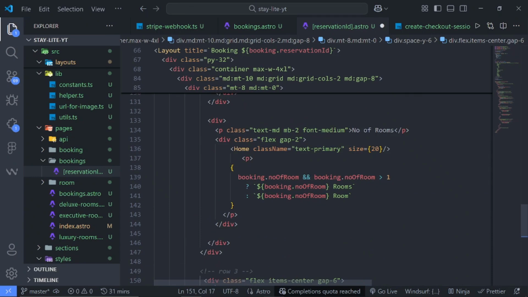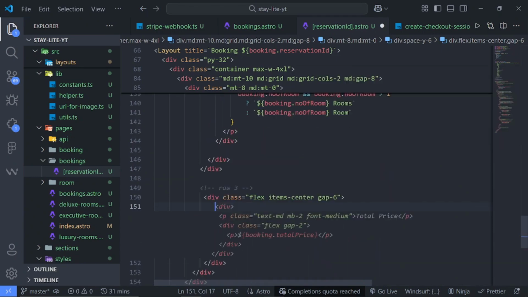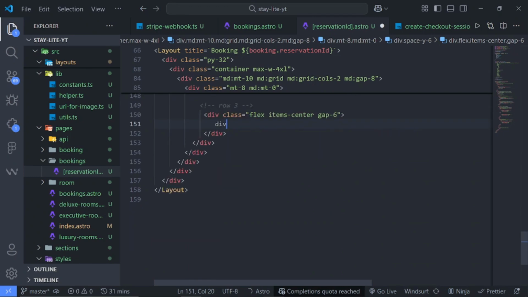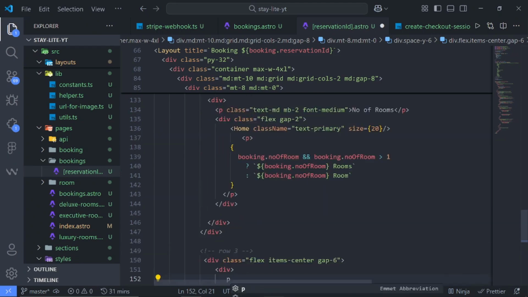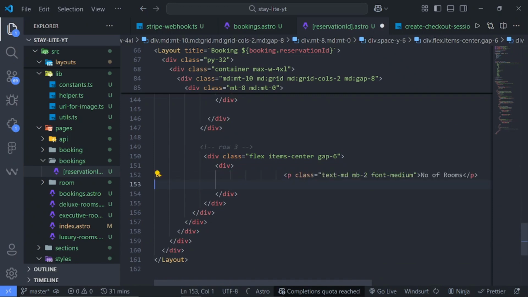There's no need to copy this. This time I will just create a div like so, and create a p tag. I think this is the one that I should just copy because I just want to write this out. So paste this one here, and this will be room